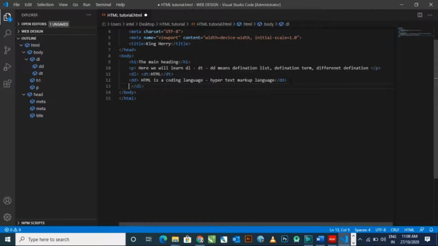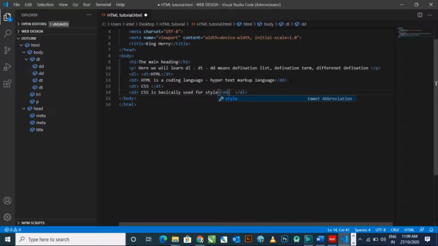Here you can see, you must remember, under the DL element opening and closing, then I type DT. Now I am typing another definition, CSS, with the DT element. Now I will describe this particular word with the DD element. CSS is a cascading style sheet.